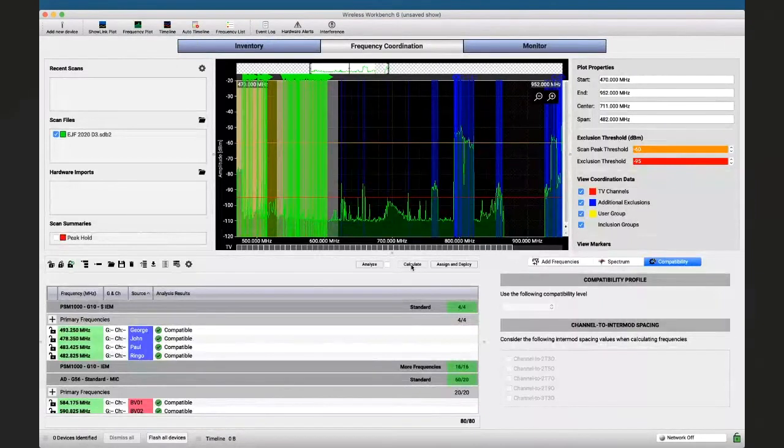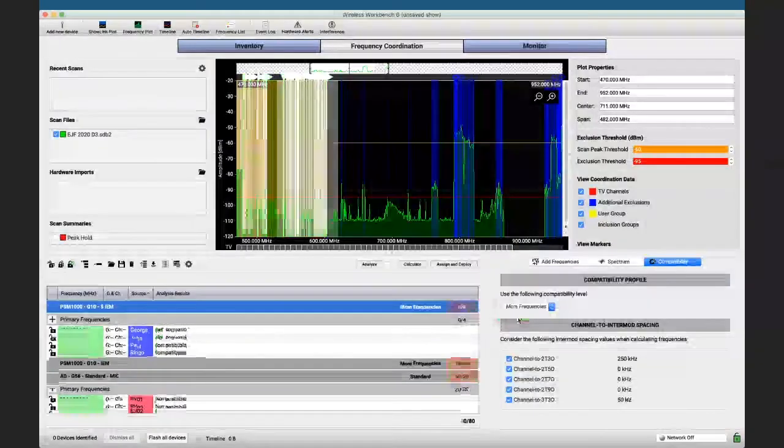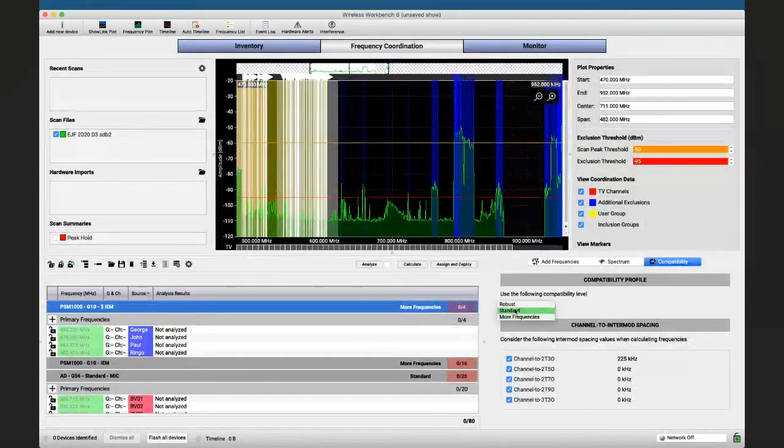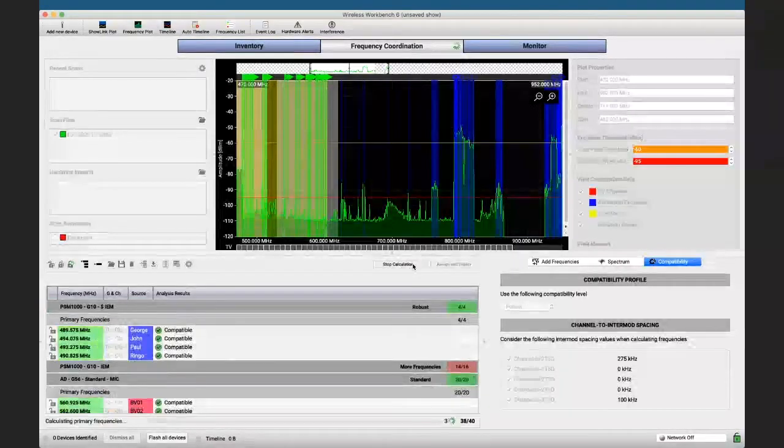The only thing, to get this improvement, we need information, and we need to take an informed decision about what we prioritize. This was just a simple example to give you an idea about how we can use inclusion group to prioritize channels one versus another. Not only that, in case something has to be sacrificed, it happened to me during a show that I was asked to perform a coordination for a certain amount of channels, but then not all of them were really needed. So let's see how I can work prioritizing certain devices,